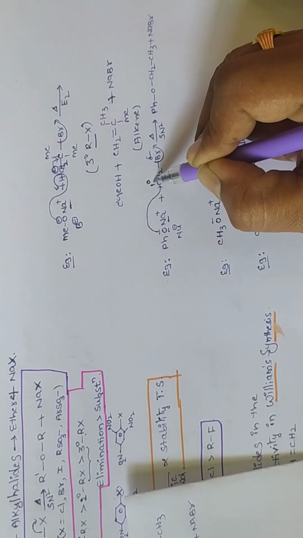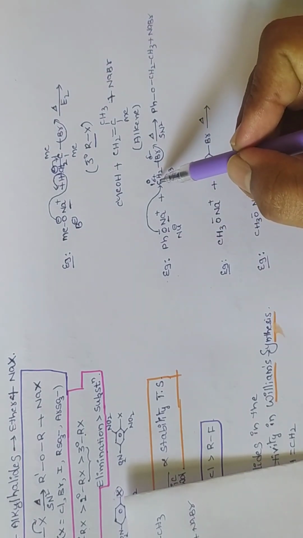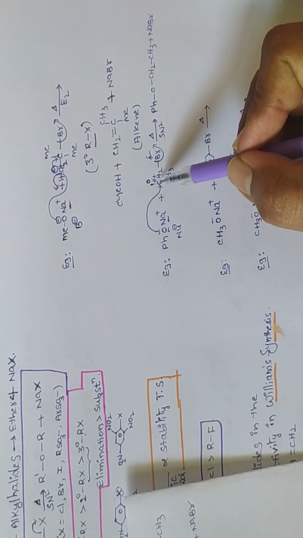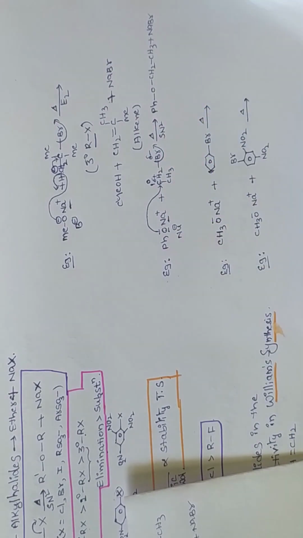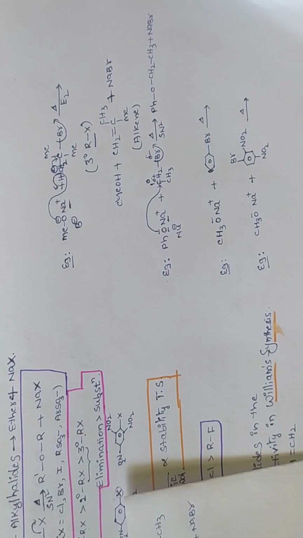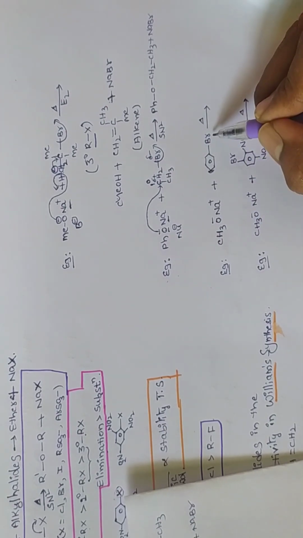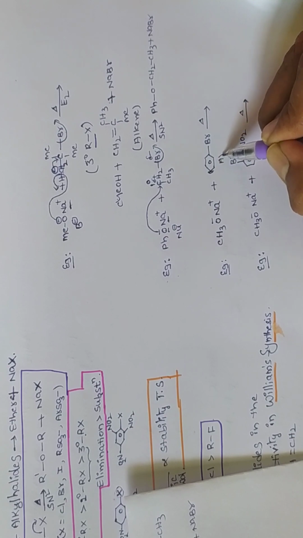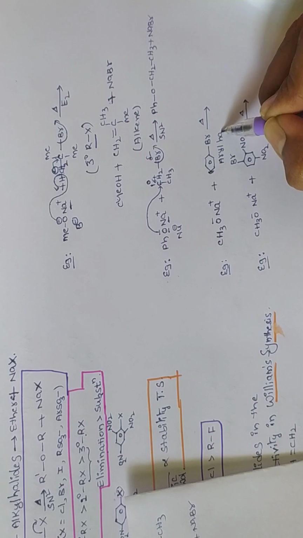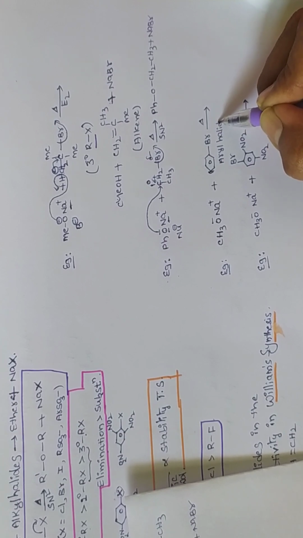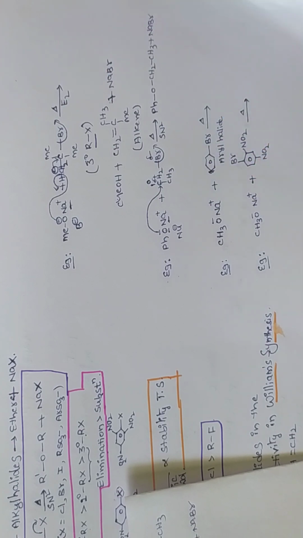This carbon has a positive charge, so it is an electron deficient center, and therefore the nucleophile attacks this carbon. The halogen-attached carbon is attacked by the nucleophile from the rear side. Next, this is called sodium alkoxide. Here this is an aryl halide. Generally aryl halides do not undergo nucleophilic substitution reactions in the absence of an electron withdrawing group,